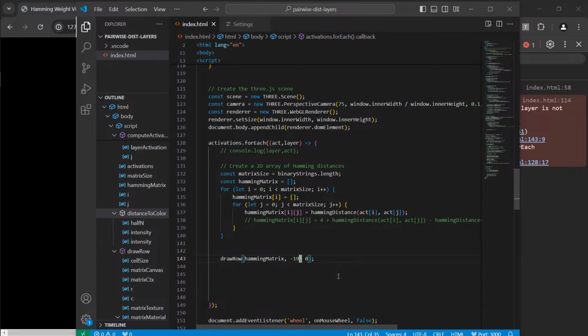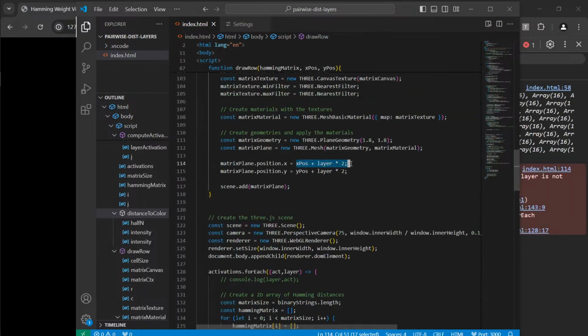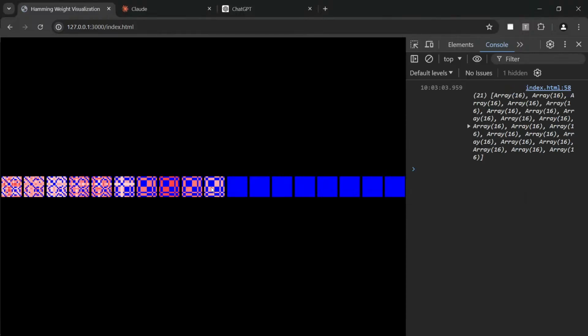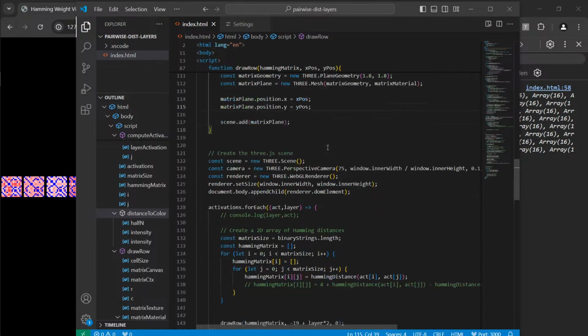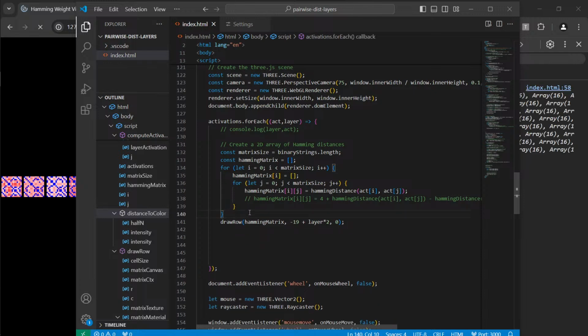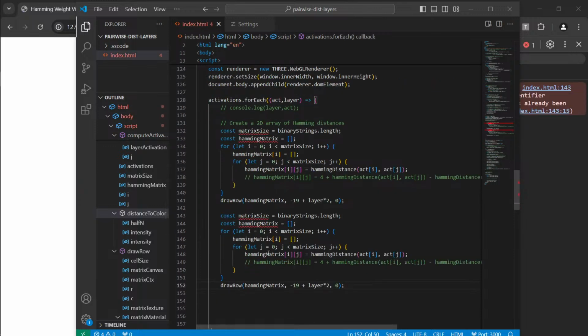So, plus layer times 2. And then just say response. Okay, so we're back to where we were. Good. And then we want to draw another layer, or another row, which is literally this. Except,